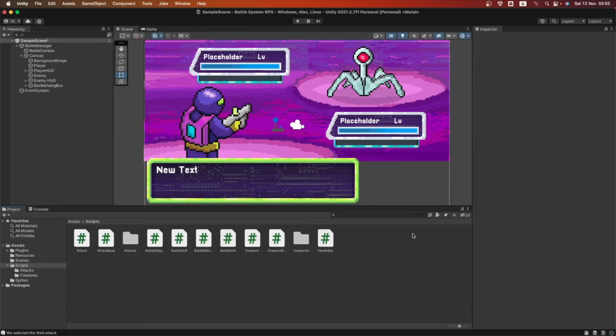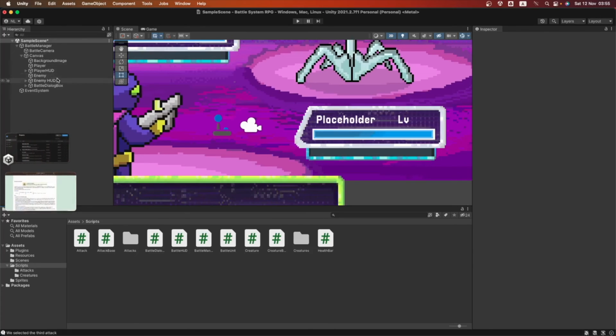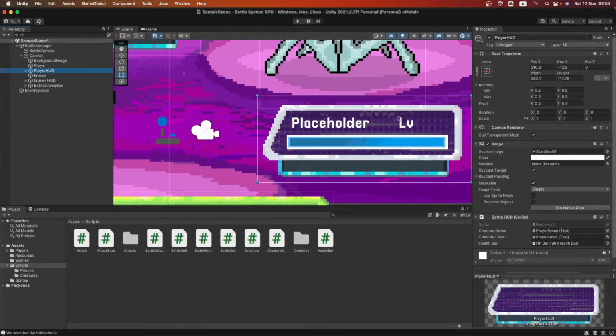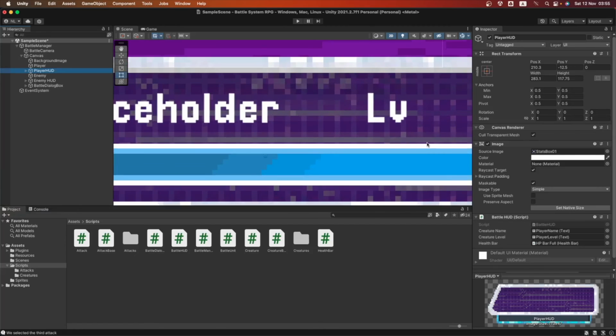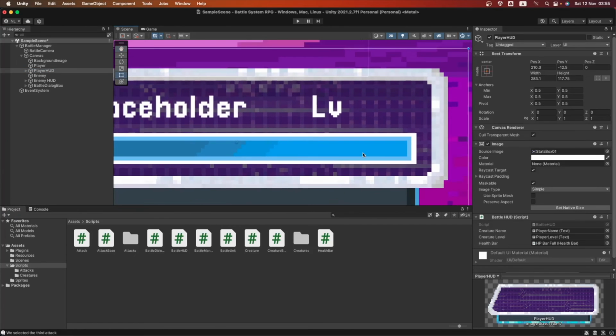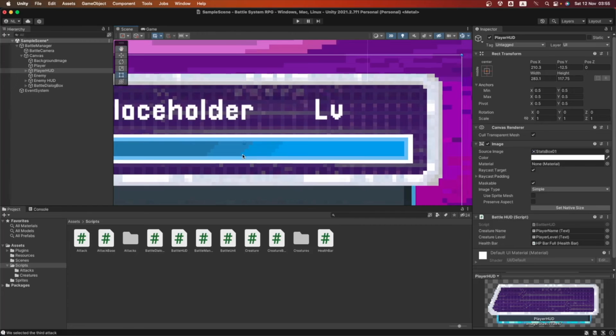Okay, so let's go back into Unity and let's find the player HUD first. Okay, so this is very simple. There's no depth to it. So inside our player HUD, let's find our HP bar.